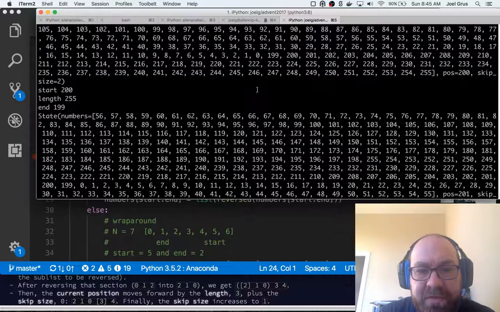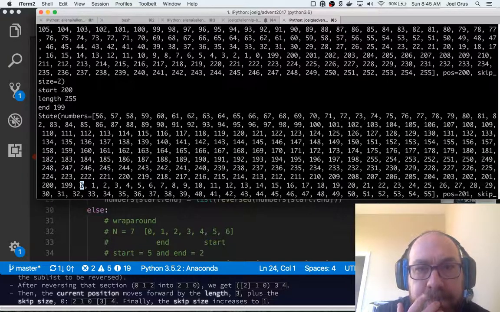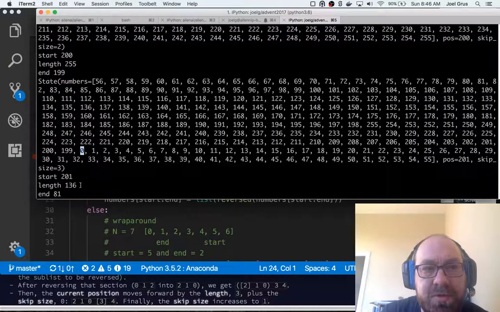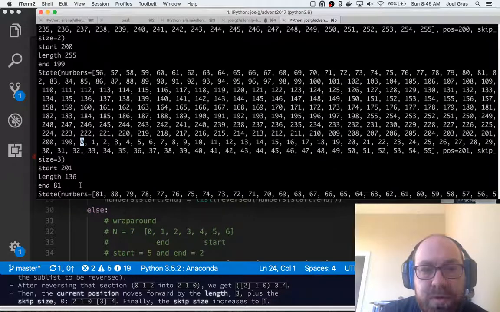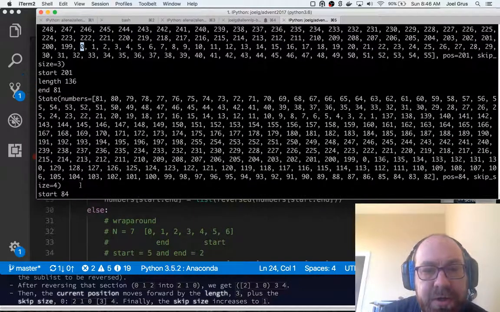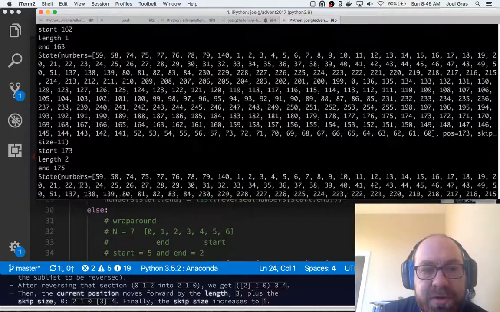It means I want to basically leave that 0 where it is, I think, and then reverse everything around that 0. So once I do that, I basically reversed everything around the 0, which seems like it did the right thing. And that 0 is in position 199. I skip up to 201, 136, 81. I don't really even know how to check this, but